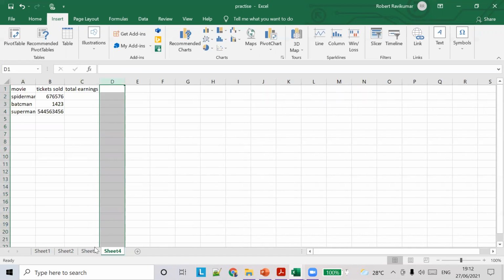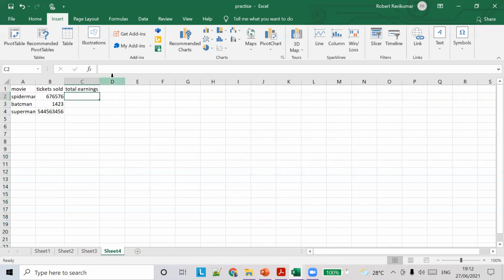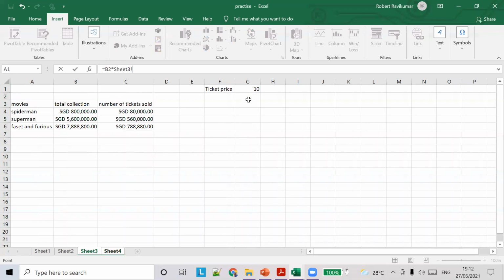But the total price per ticket value is here, right? In this cell in sheet 3. So what I have to do is multiply B2 into the reference that is here, right?